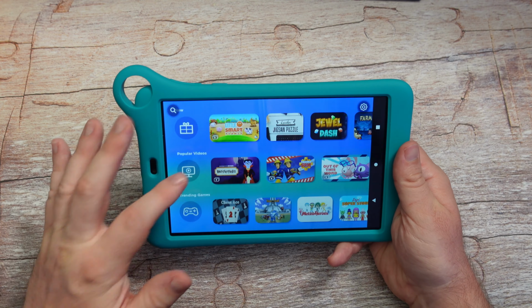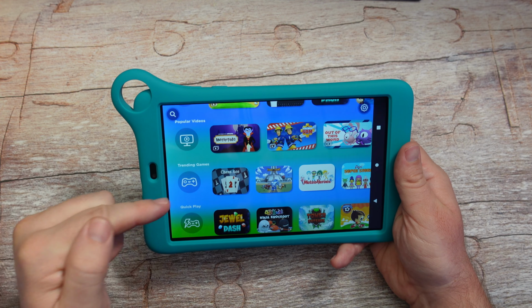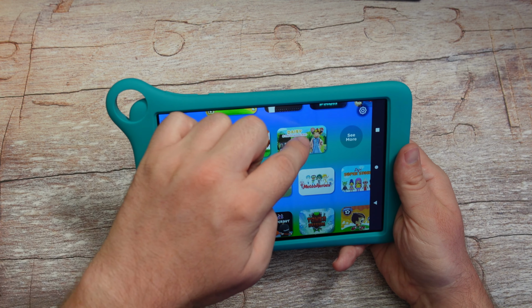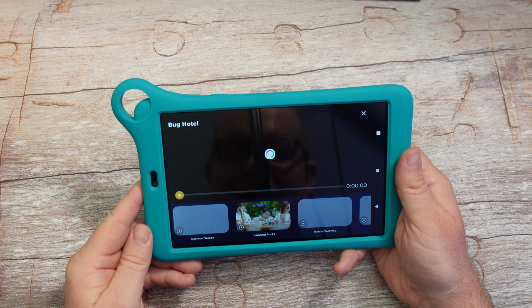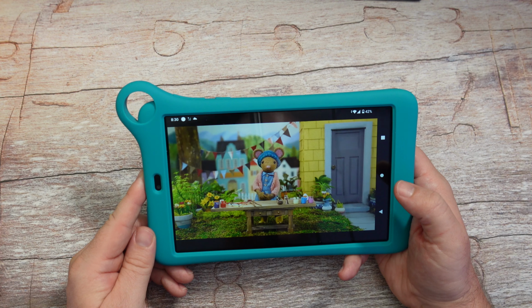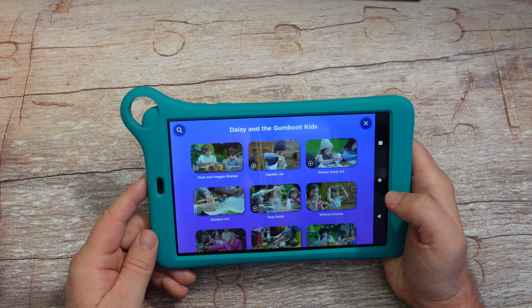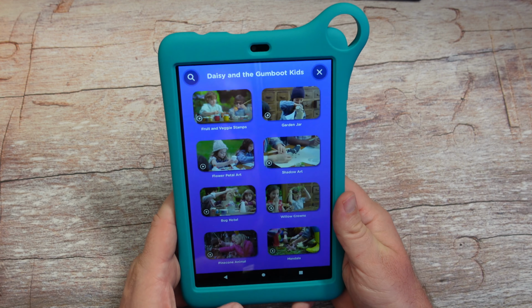And then he also has access to these other things as well, such as popular videos and trending games. And again, all this stuff, you don't have to worry about this being like, oh, I don't want my kid to watch that. You don't have to worry about it. It's kid safe. And he gets locked into here. He can't get out of this Kidomi app. Very, very good. And it seems like, and again, I could be wrong, and if I am wrong, I'll put some stuff in the comments, but it seems like the Kidomi app is free